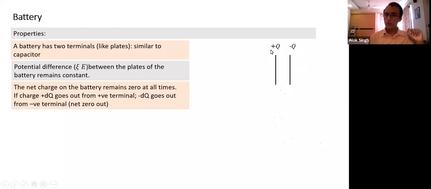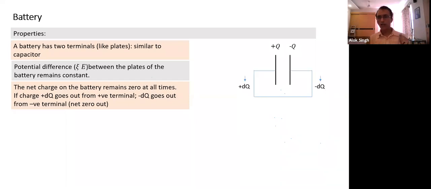So does it mean no charge transfer will take place? No. The charge which will flow from the terminals of the battery will always flow in such a way that the net transfer is 0. So how do we make the net charge 0? We can write it in two ways. Let's pay attention to what the two ways are. One, we can say what goes out from one terminal, the same amount comes in from the other terminal. So net will remain the same. If one loses 4 units, the other gains 4 units.